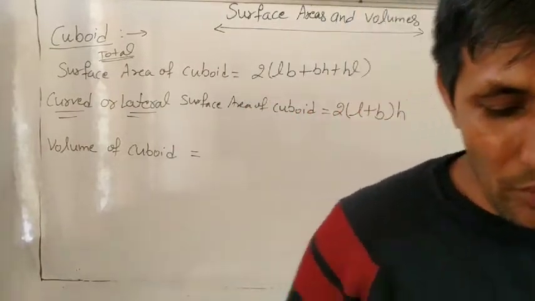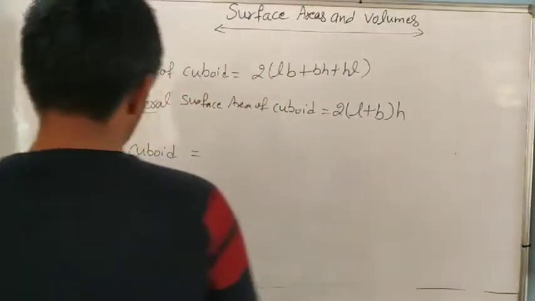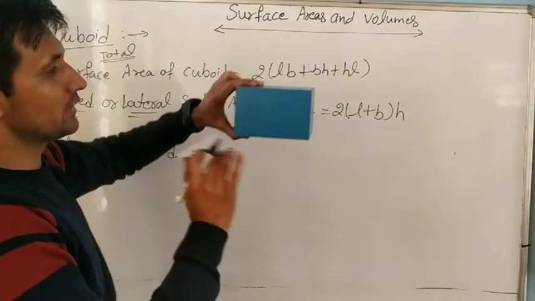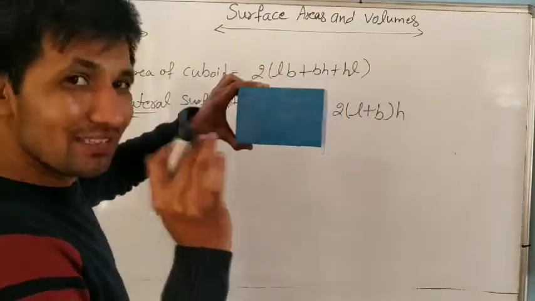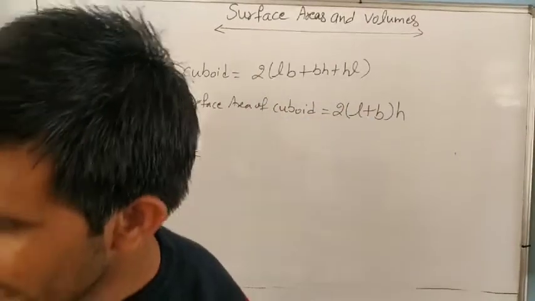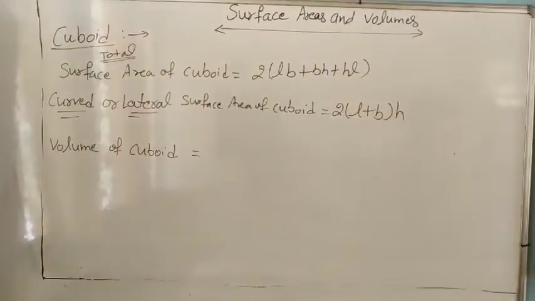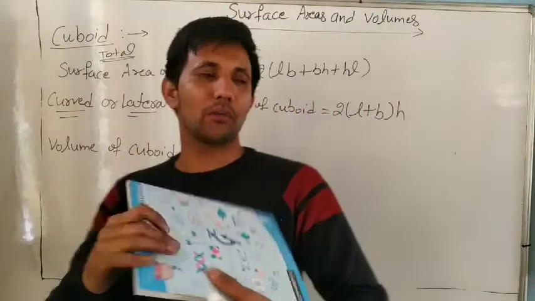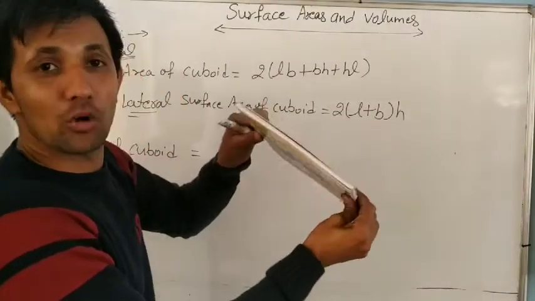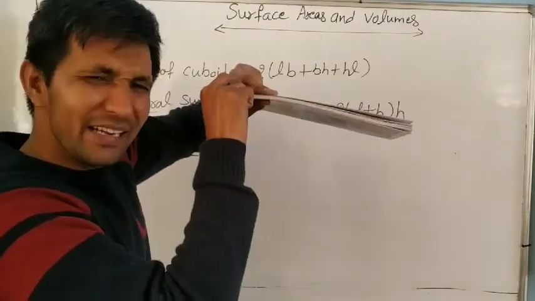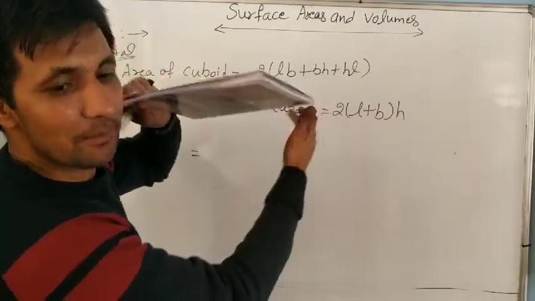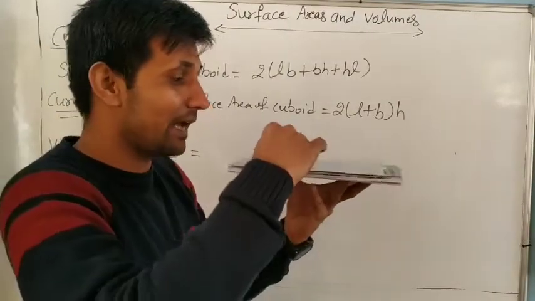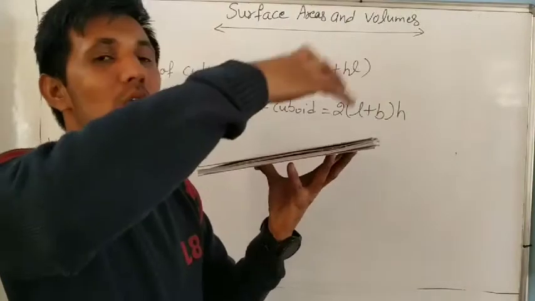Now look at how we will find the volume. Suppose it is a cuboid, and you can imagine it. I am giving one more example. It is a very good example of a cuboid. Is it a cuboid or not? Yes, a notebook is also one. Its length and breadth are large, and its height is very small. And where is its volume? Volume is inside. How much space is occupied by the whole thing?